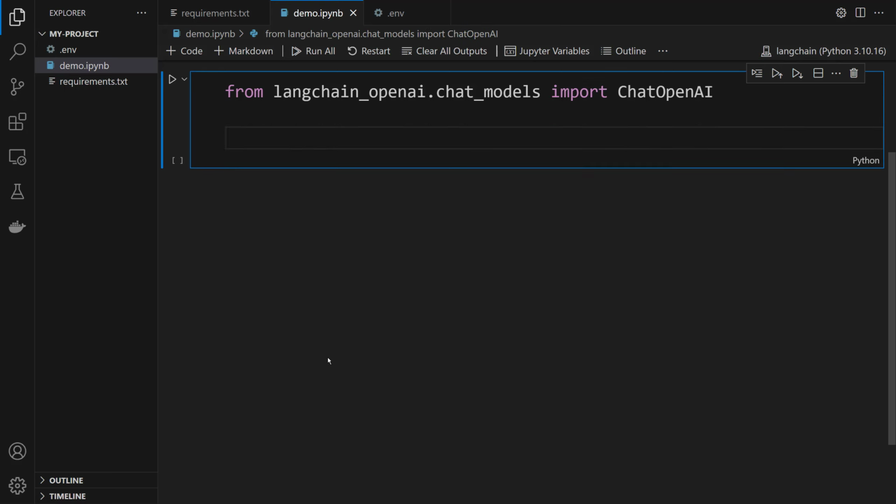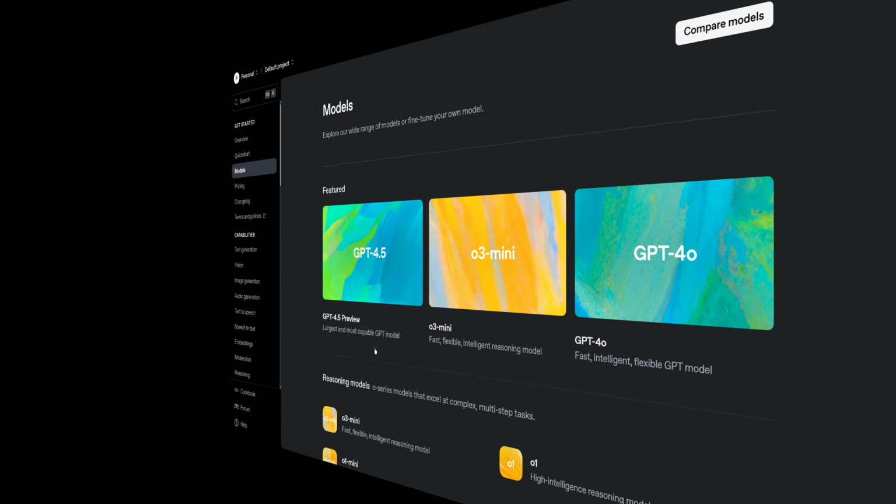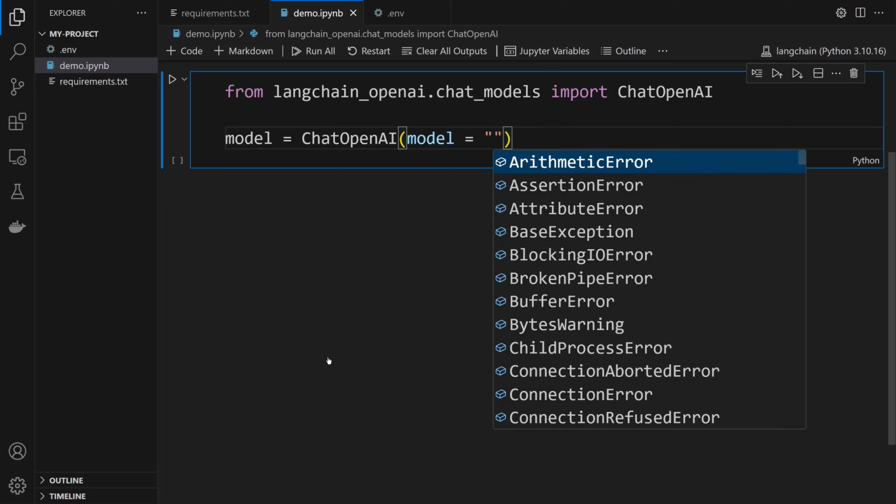Next, let's set the model we'll use. model equals ChatOpenAI. Let's set our model. model equals, you can use any GPT model. To see the GPT models, you can take a look at the OpenAI website. Here, you can explore OpenAI models. I'm gonna use the GPT 3.5 Turbo model.